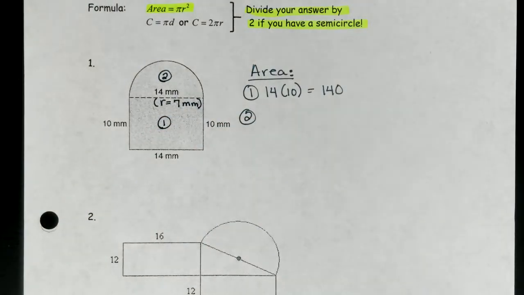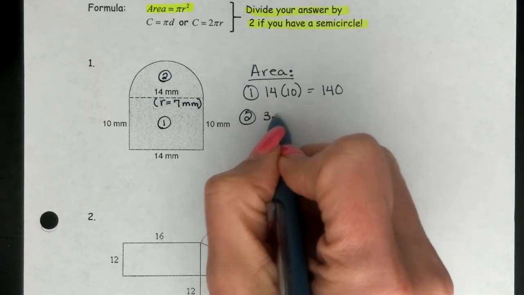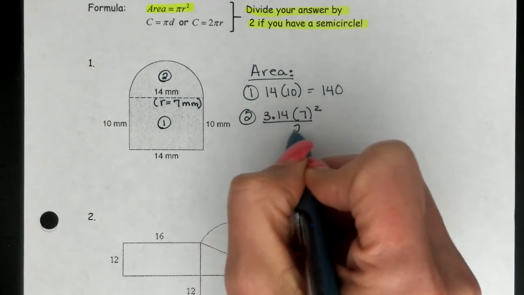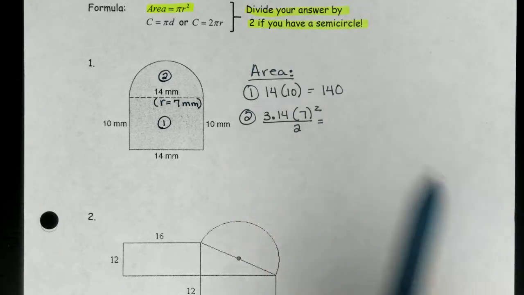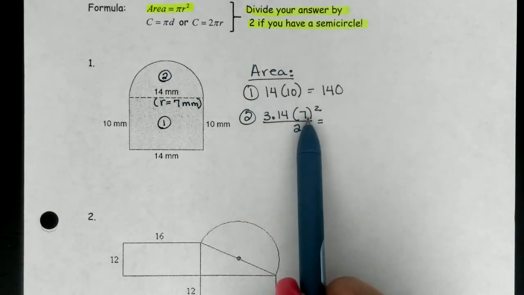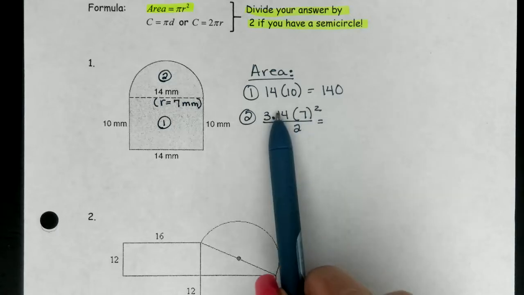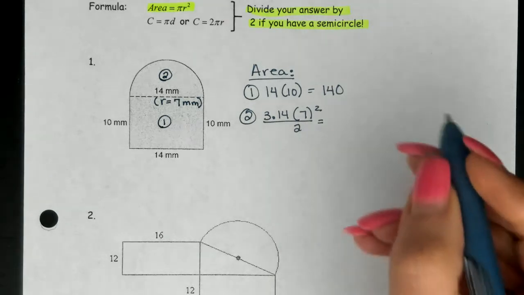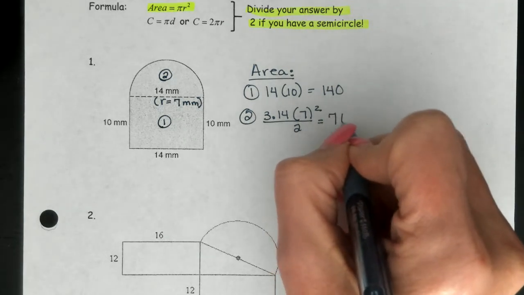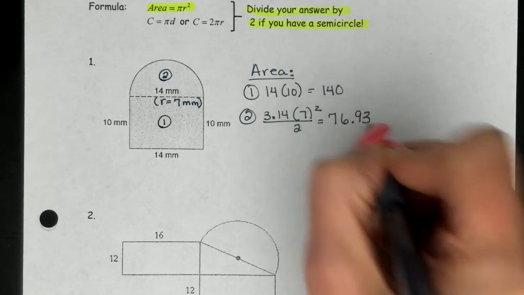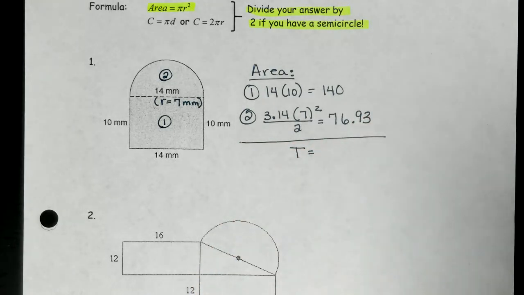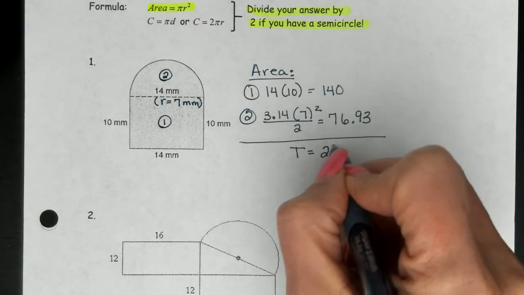Okay, so we're going to do pi times the radius squared. And remember, we're dividing by 2. Now remember, you have to square that 7 first. So you've got to do your 49, then multiply that by 3.14. That answer gets divided by 2. So that's going to give me an area of 76.93. So I'm going to take all of those pieces together and get a total area of